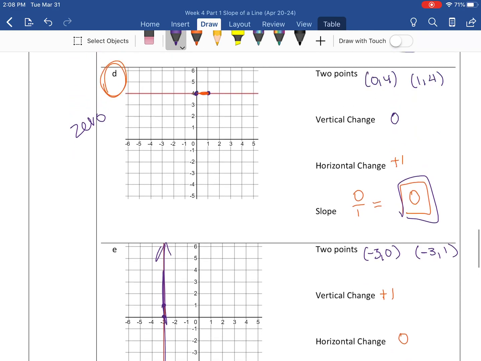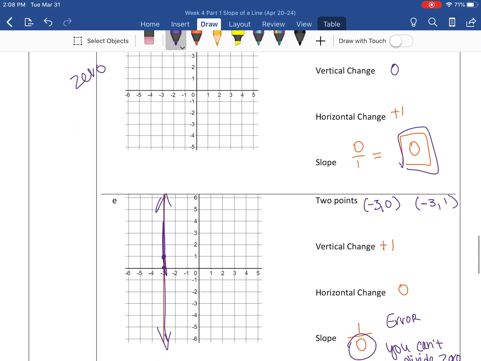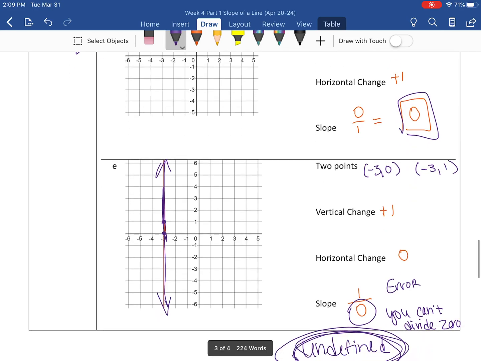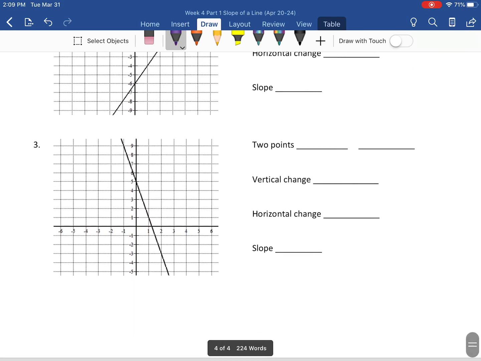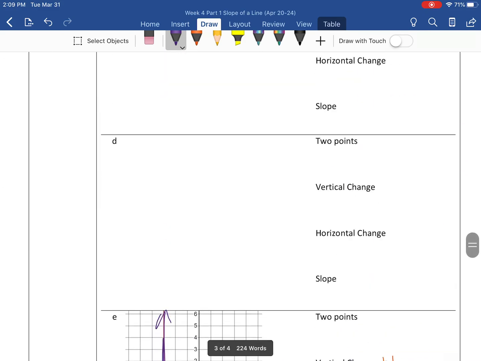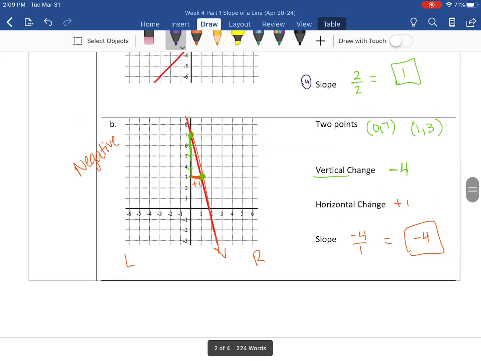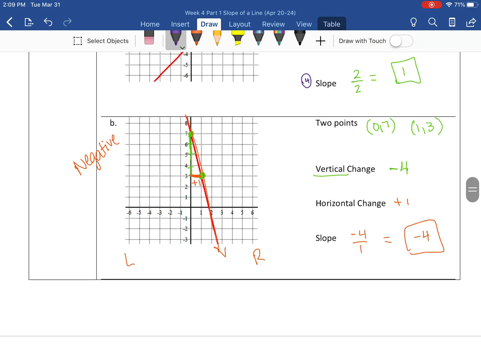So that's how we use this right triangle method, or use this method where we find our 2 points to find our vertical and horizontal change in order to find the slope. Now you have a few practice problems at the bottom here, so make sure that you complete those, and then when you are done,